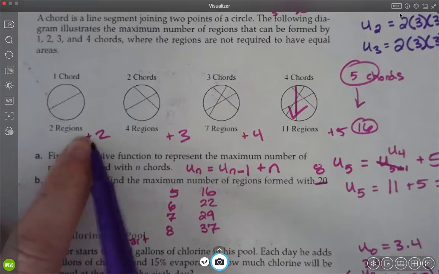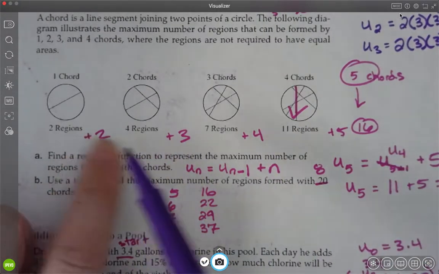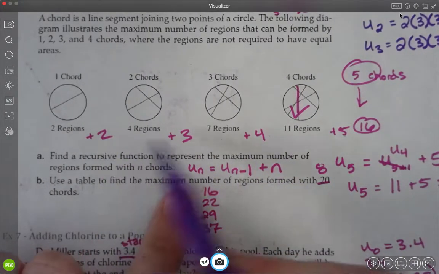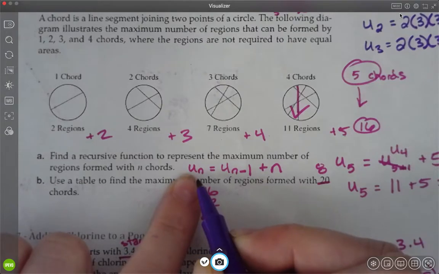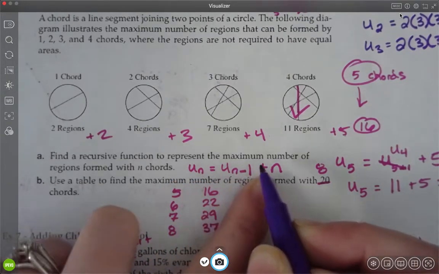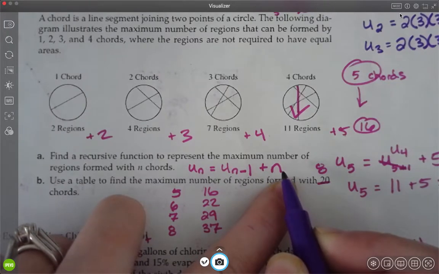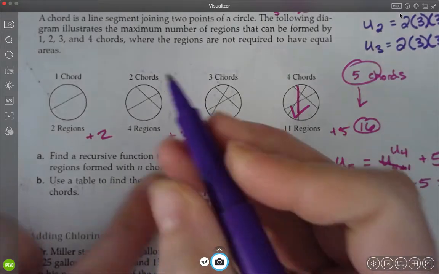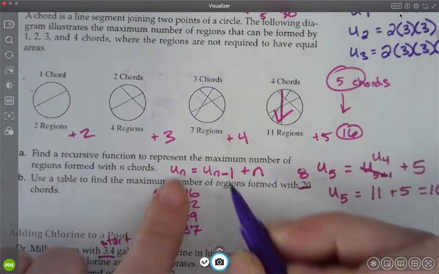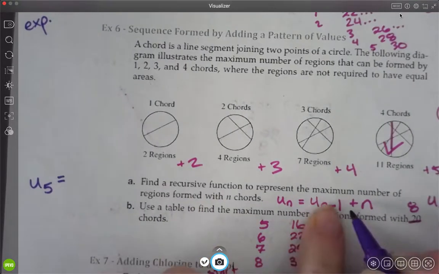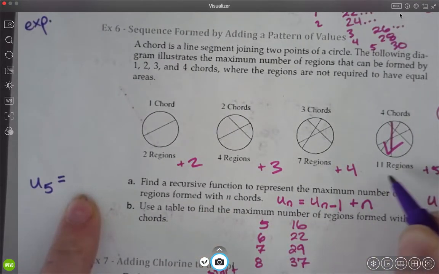You're not adding 2 every time. You're adding a different number every time. But what we've found is that in this pattern, u sub n is the one right before it, but then you're adding n to it. So here, if I'm trying to find the 5th one, that would be u sub 5. U sub 5 is whatever the 4th one was,